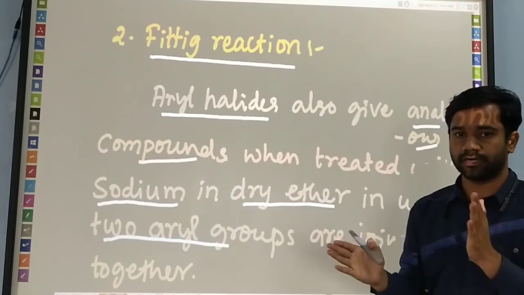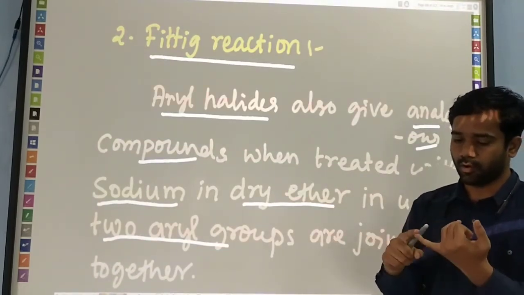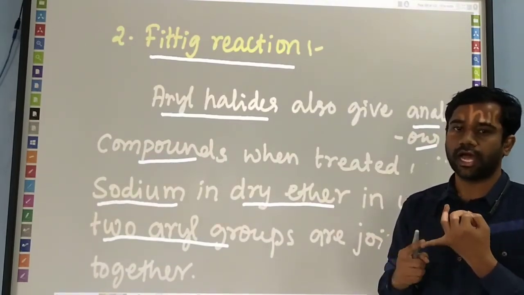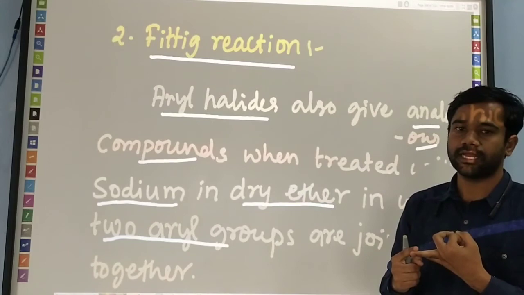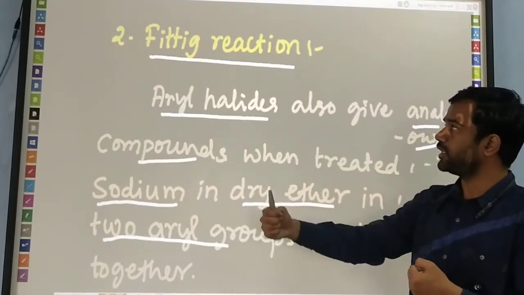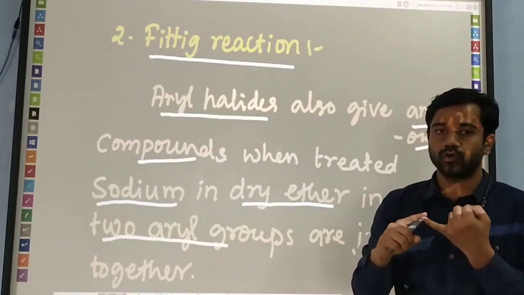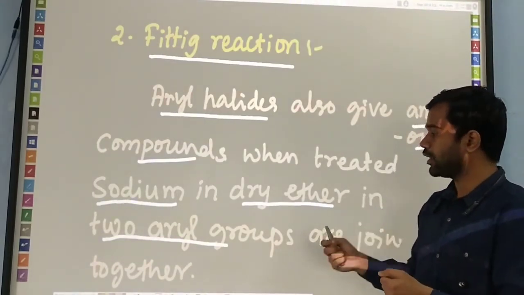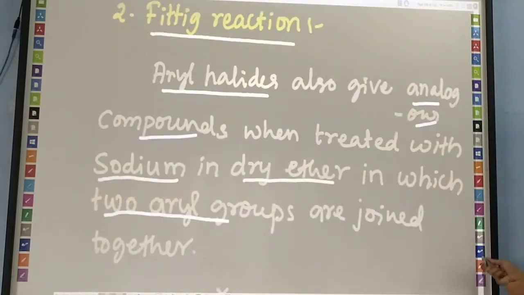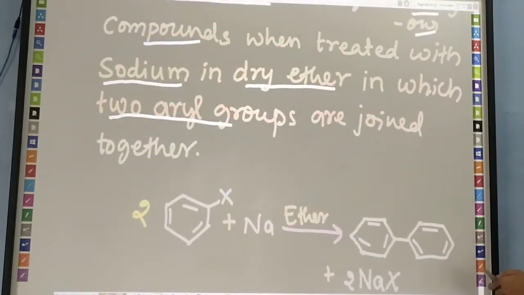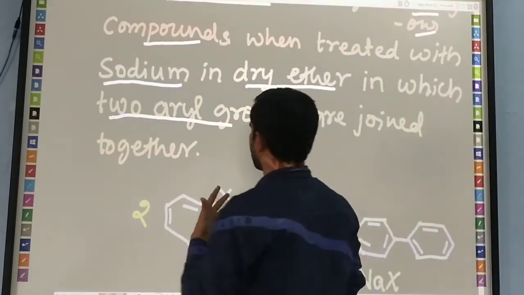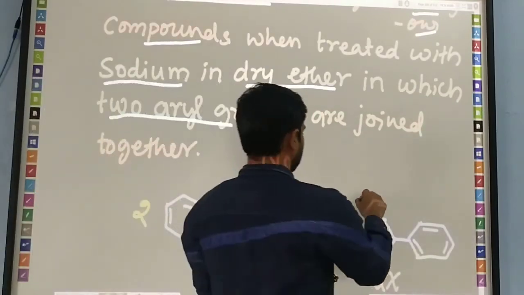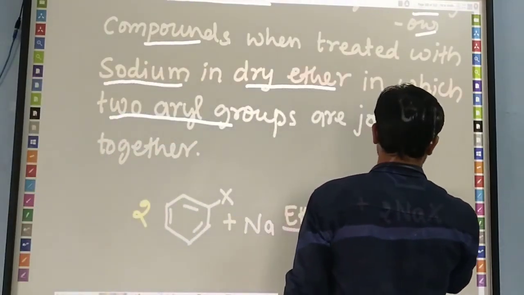not two separate ones. In the Wurtz-Fittig reaction, we take one haloarene and one alkyl halide, that is, aryl halide and alkyl halide. But in the Fittig reaction, we have to take 2 moles of aryl halide. The same aryl halide must be taken to generate the coupled compound. There is a formation of the joined compound, which is known as biphenyl.